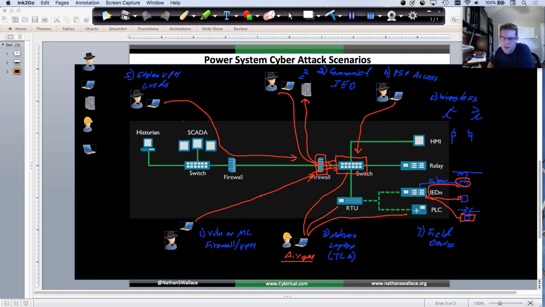And then 7, the field devices themselves. You really have to trust the information coming from the sensors at level 0 of the Purdue model, for instance. So I hope this helped clear it up. This is how I like to group things into the 7 different categories and then